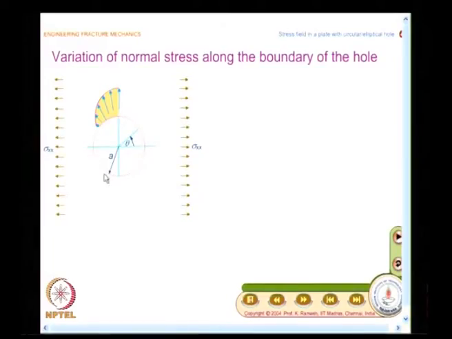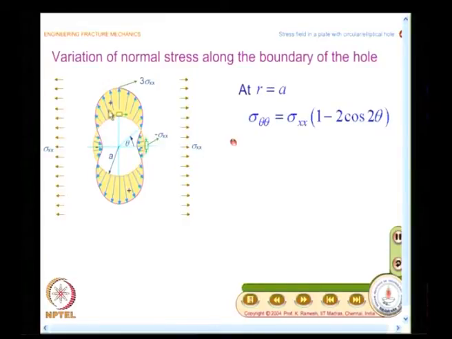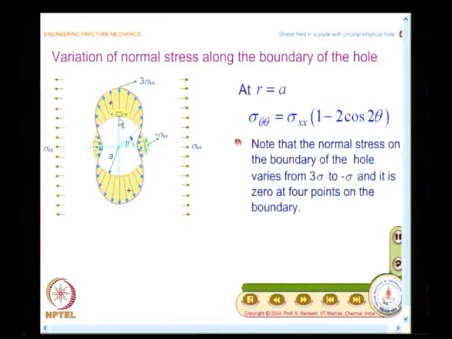You have to go back to your result of plate with a hole, and let us see the result which we saw. I have the plate with a hole and the hole radius is enlarged, it is subjected to uniaxial loading. Let me put what is the stress variation over this, and if you look at the variation of stress, you find it attains a value of 3 times sigma far field at both these ends, because the load is applied horizontally. All of you know that the stress concentration factor is 3.